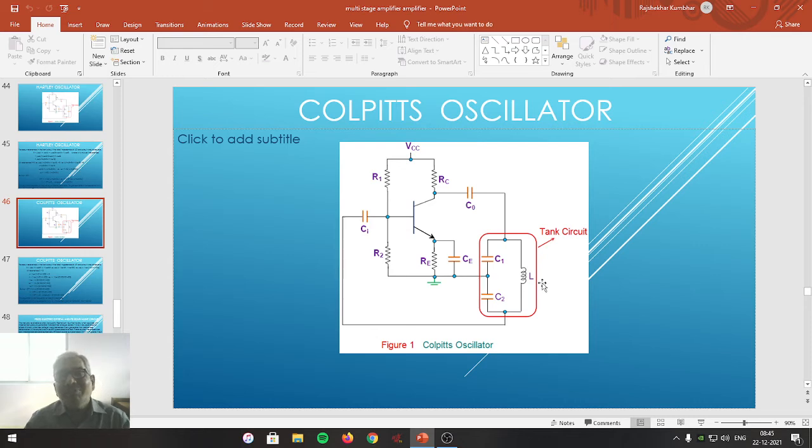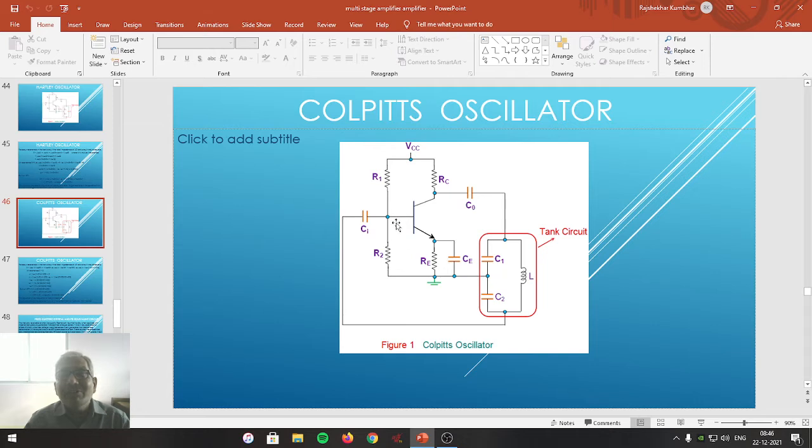When steady state of magnetization is reached, the magnetic flux starts collapsing, and this will allow current to flow through C1 and C2 in the opposite direction, which will start charging the capacitors in the opposite direction, so that the upper plate of capacitor C1 becomes negatively charged and the lower plate becomes positively charged. It is connected to the base of the transistor.